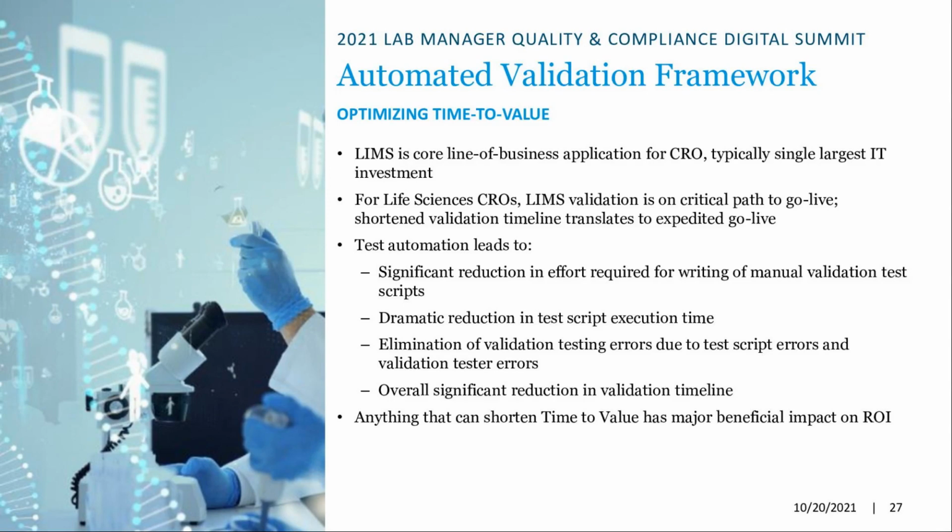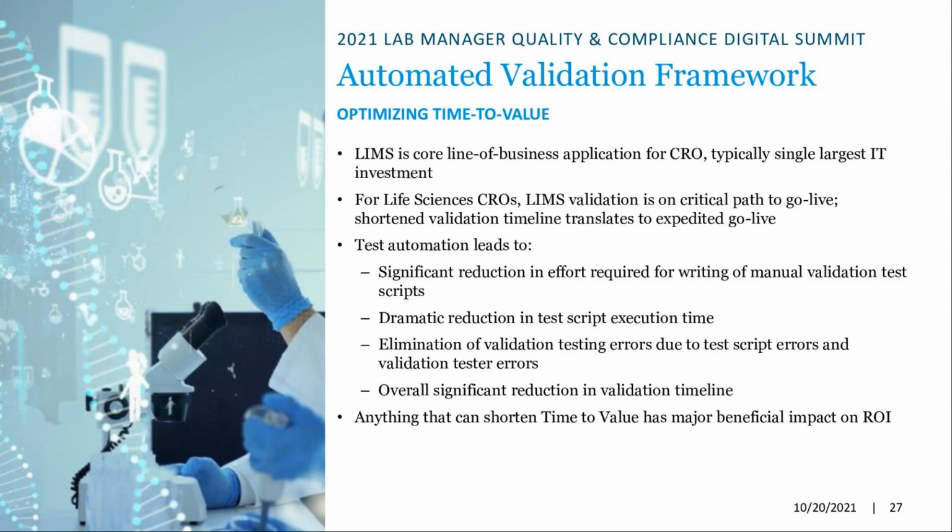You obviously find that out with these automated tools as you're developing them. But then the other thing is that the validation tester just makes a mistake and they didn't follow the test script. But those adverse events, if it could lead to